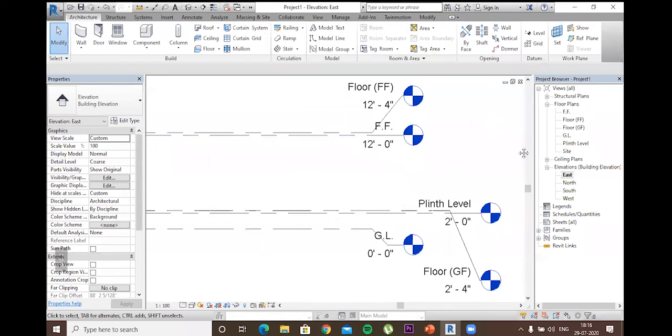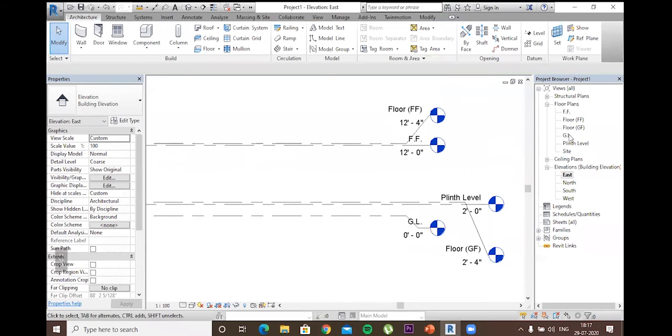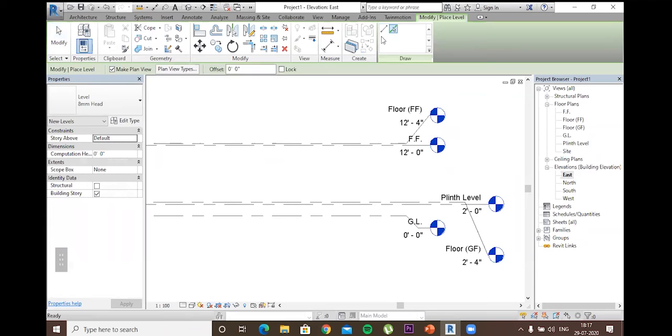Okay, and then we will create the roof. Again we have to select level, pick lines, and offset of 10 feet.